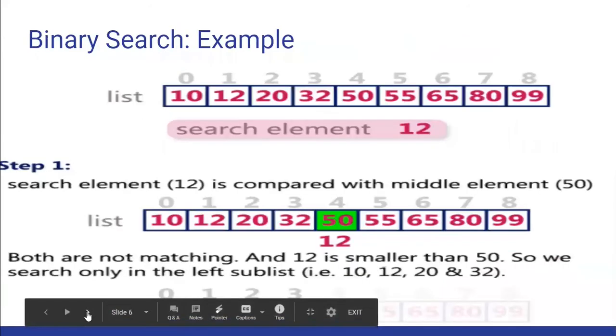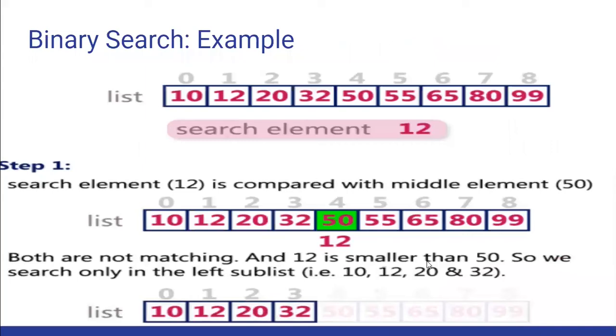Then next, now let us see the binary search. Before seeing the example, let me tell you the concept of binary search. The binary search algorithm finds a given element. Basically, it's a searching algorithm, as the name suggests. So it finds a given element from a list of elements. The necessary requirement is that the elements should be sorted in increasing order. So all the elements should be sorted.